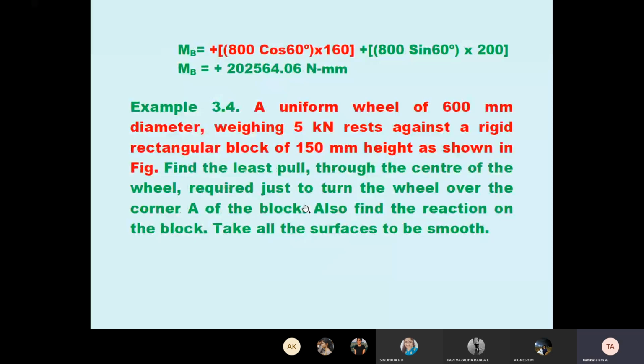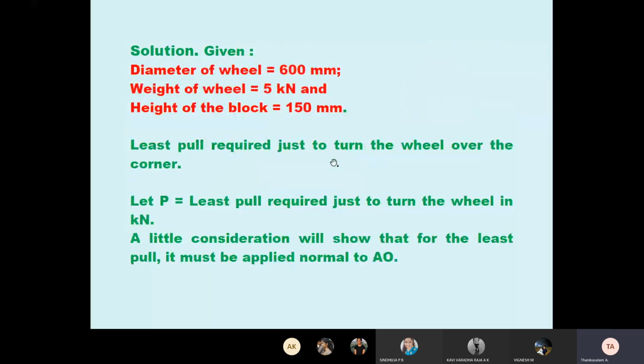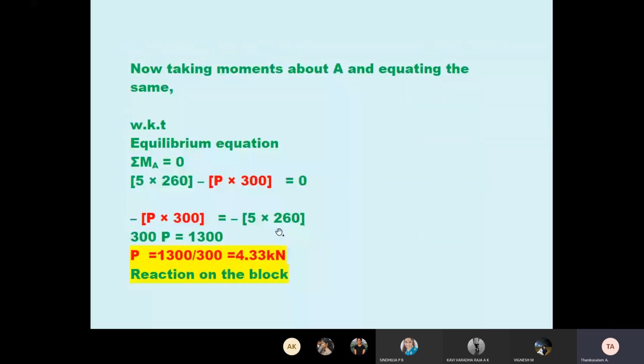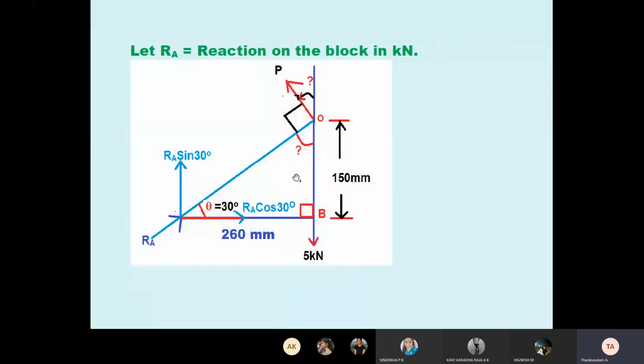See the example, sometimes I mention example 3.4, it means I already gave the PDF copy, no? Refer to that book. Another example like 3.4 or 3.2, you go to the PDF, you find the same problem, but the explanation is very, very limited there. For your understanding, I am explaining here in detail, with the diagram, the step-by-step procedure. These steps are not available in our book. Okay, here for understanding, I explain in detail.